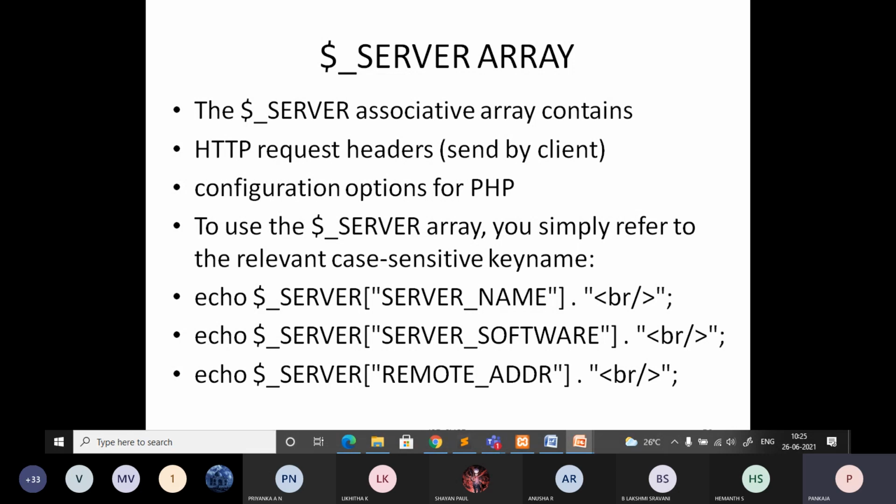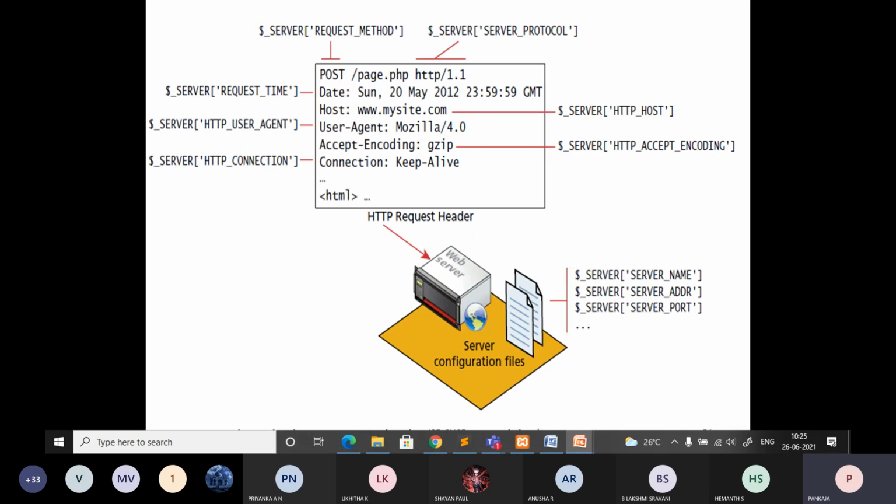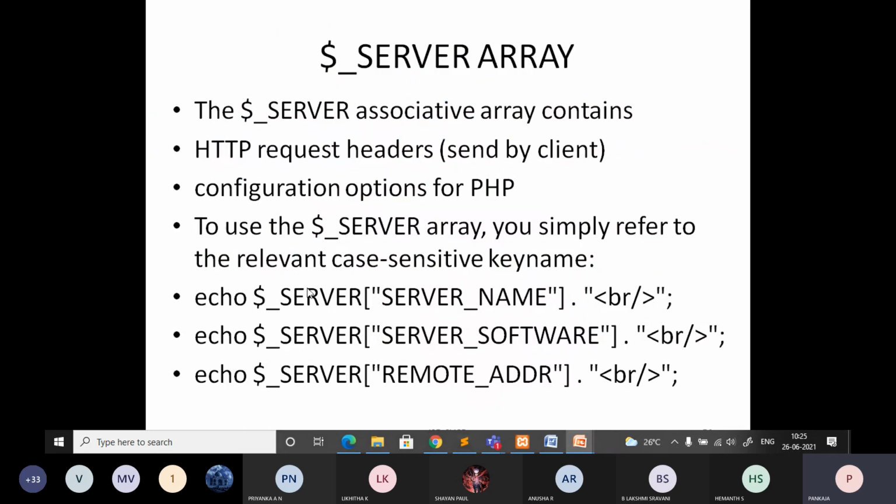If you are connected to a remote server, then you will be able to get the remote system address using REMOTE_ADDR. So this is a special array. Whatever is given in the square brackets are all keys. When you echo it, you will be able to fetch the value assigned to each of these keys.